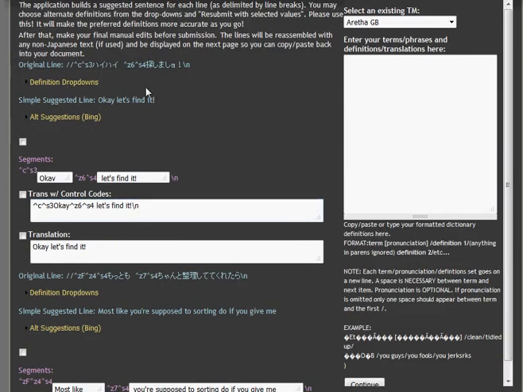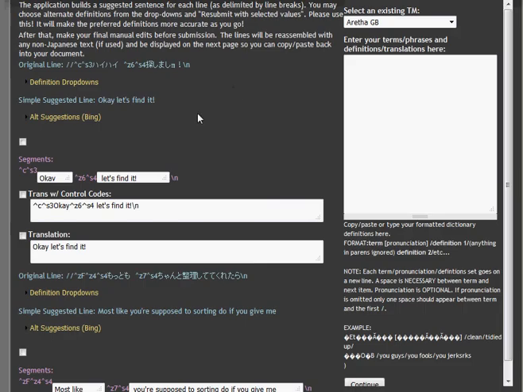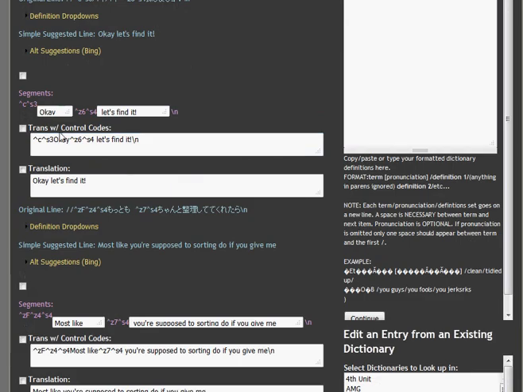Okay, so here we have, this is kind of how I originally conceived of this tool working, and I don't really know why I thought it would be super useful to have the with control codes version, just the translation, and the segments version all at the same time. Now the segments are really only useful in a script like this that has lots of control codes in it and they're really complicated and confusing looking. If you look at this, it's a little jumbled,